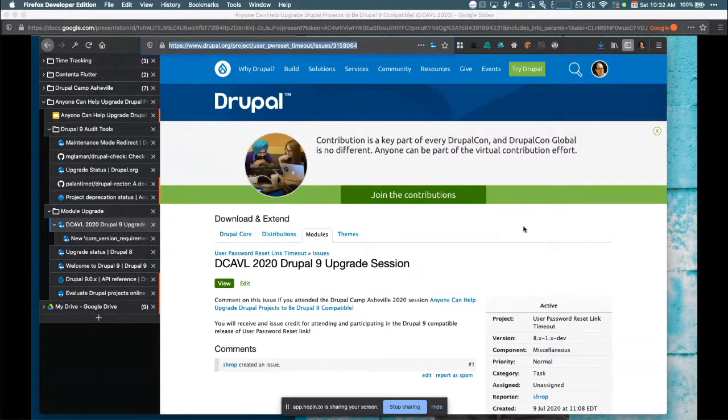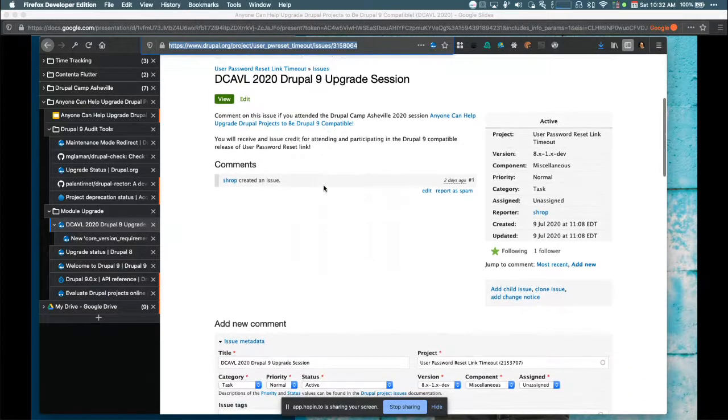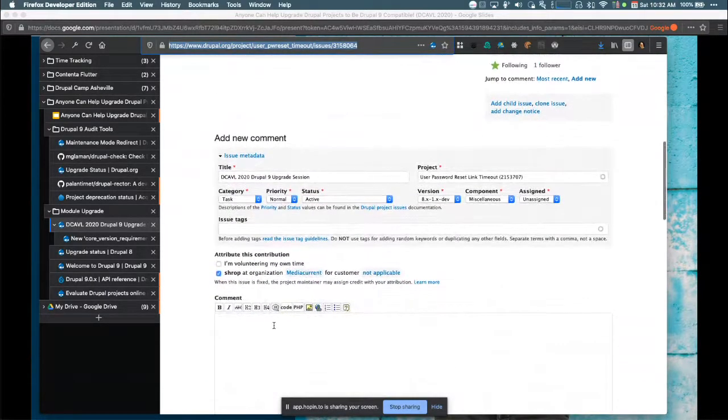So create a Drupal.org account. You can then go to this actual issue, and you can simply make a comment saying I attended the session, or whatever you want to say, and I will give you an issue credit. That just means you've participated. It shows participation, and I'll give you an issue credit when I close this issue for this release work. So feel free to do that.